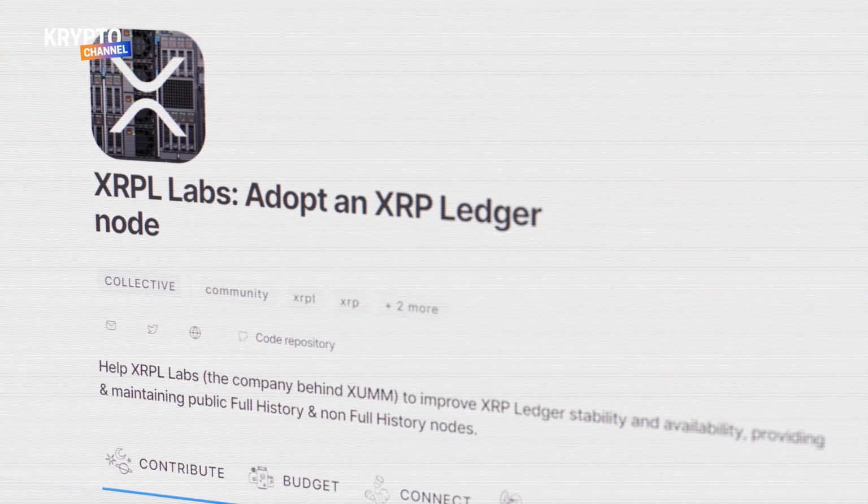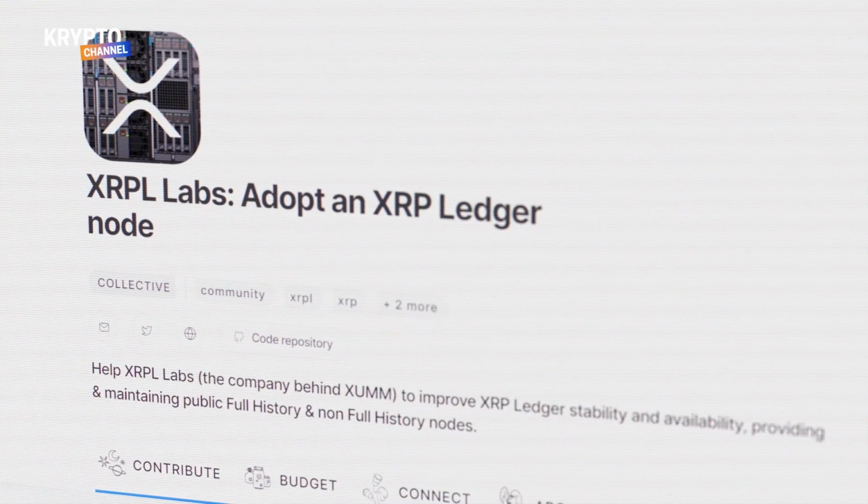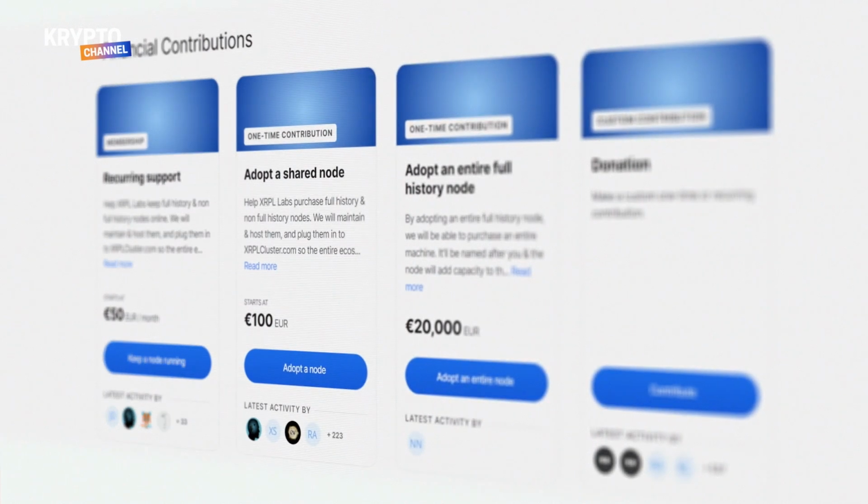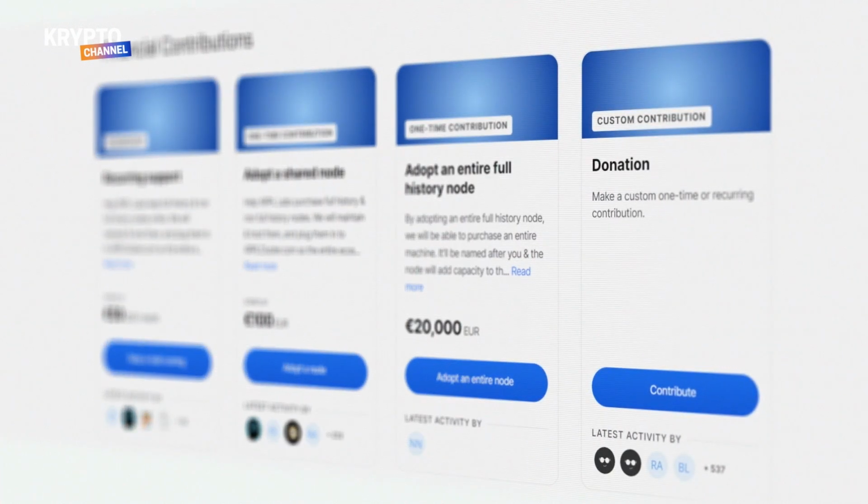So that's when I called upon the XRPL community and asked them to contribute to the health of the network, basically. You will be provided with access to the network anyway, but please, if you have some money to spare, please help out. We'll provide the hands, we'll install them, we'll manage them, we'll maintain them, but allow us to buy more machinery, install it, plug it in, and make sure that the XRPL is available for all.